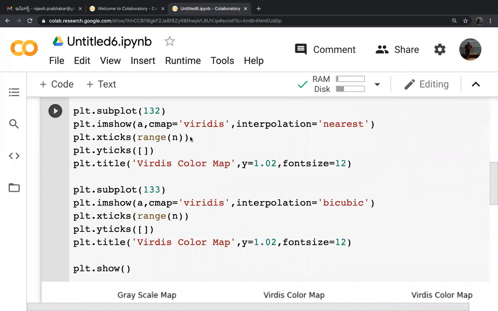So matplotlib along with NumPy helps you to work with this type of image processing. Both of them are required when you are dealing with image processing. So in the third plot, I only changed the interpolation to bicubic.